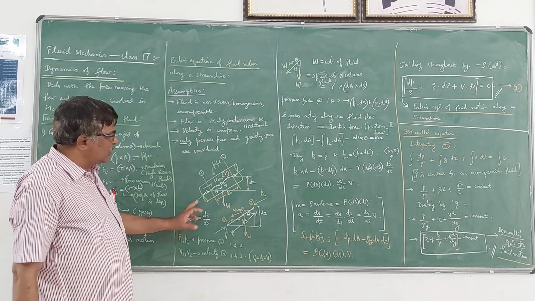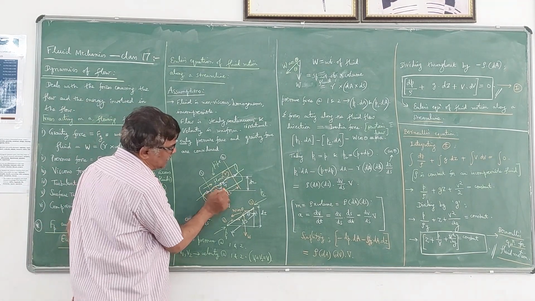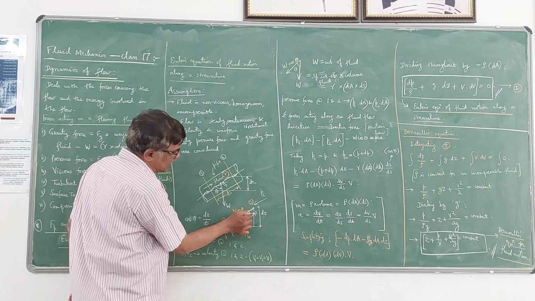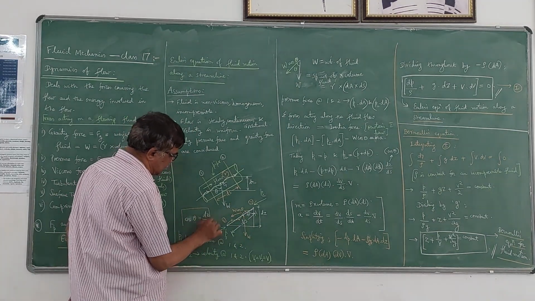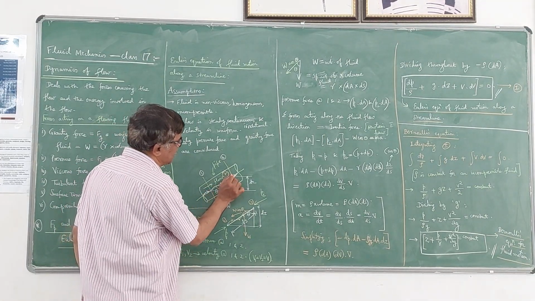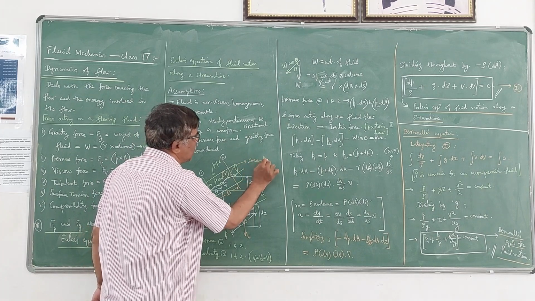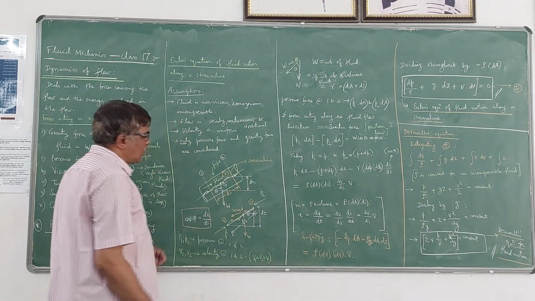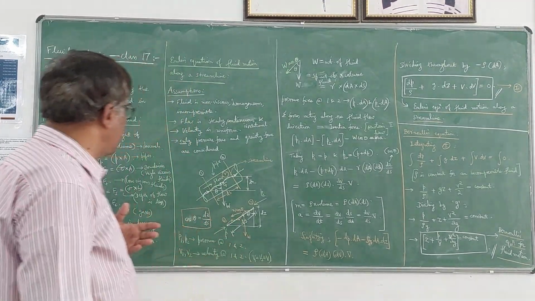So according to this figure, you can see if this angle is theta, then cos theta, I have written here, will be dz by ds. You can use this relation. Now, this is a streamline. I have taken a streamline here. So whatever I have shown here, this is the streamline. Now what I will do here is, along the streamline, I will derive the equation of fluid flow,